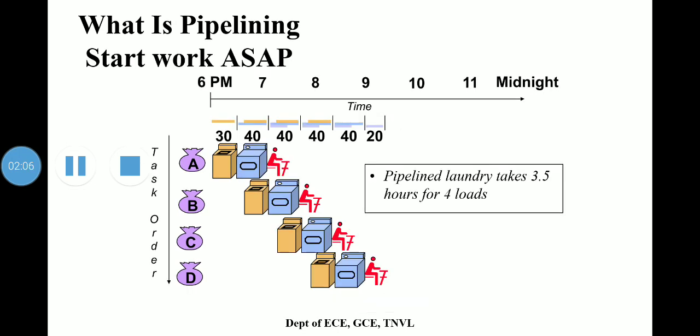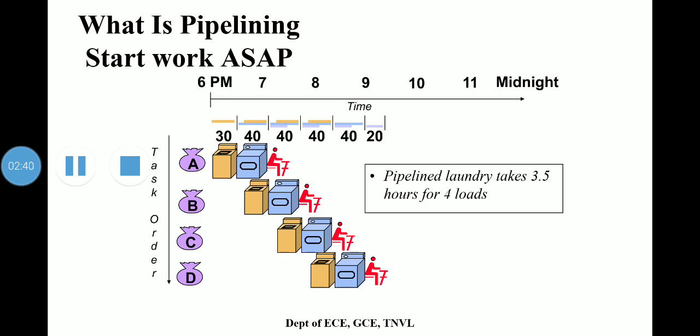If you see here, the pipeline approach takes much less time. As soon as the washer is finished with the first load and it is placed in the dryer, you load the washer with the second dirty load. When the first load is dry, you place it on the table to start folding, move the wet load to the dryer, and put the next dirty load into the washer. Next, you have your roommate put the first load away. You start folding the second load. The dryer has the third load, and you put the fourth load into the washer.